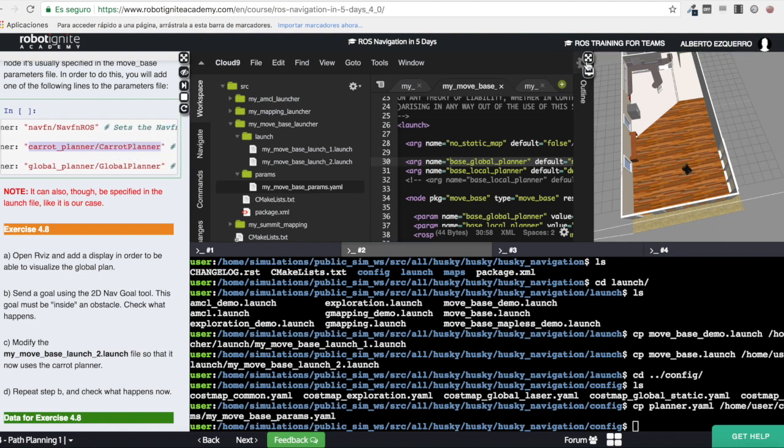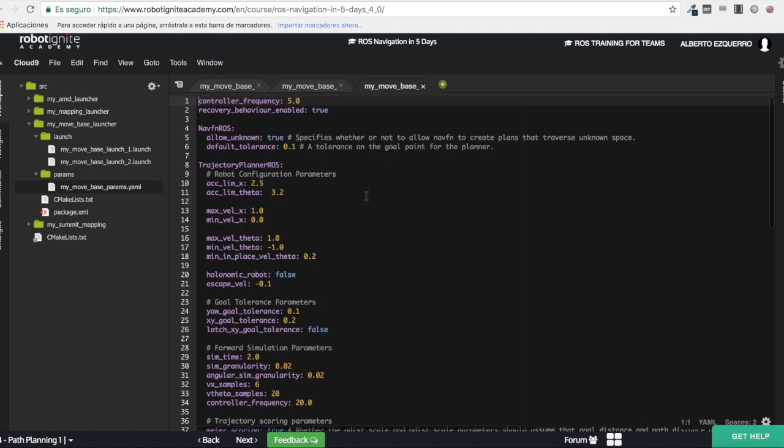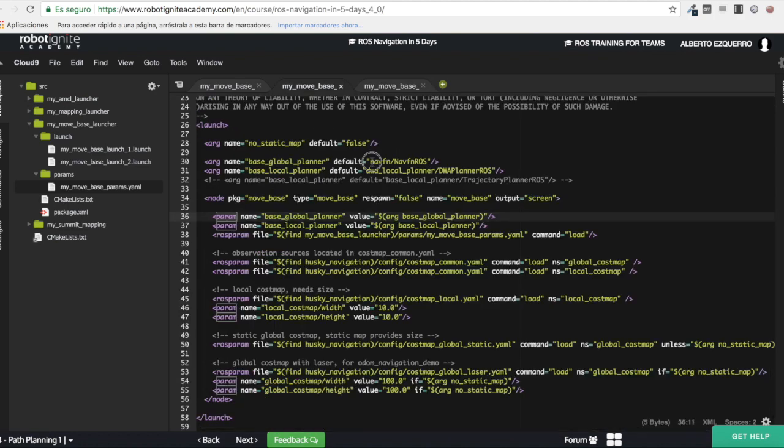If you want, you can come here and modify it directly here. So put here in the global planner, change this for the carrot planner. You can do this, or you can comment this global planner line, this one here and here, and add it to the parameter files as you prefer. You can do it as you want. But the thing is that you need to change the planner. So for instance, if I do it here,